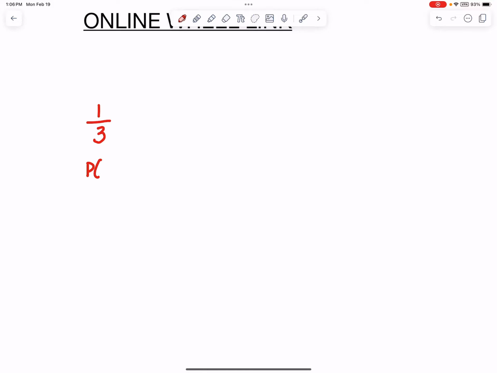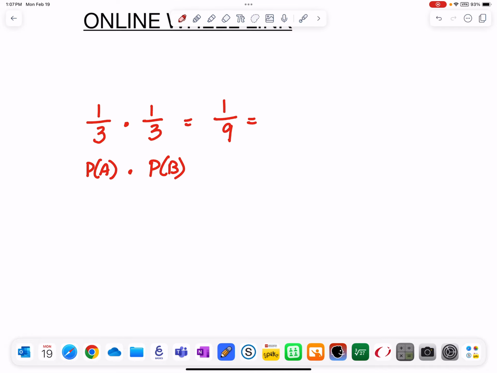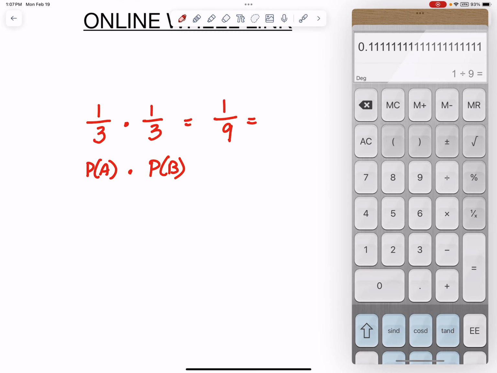Okay, so the probability of event A times the probability of event B. And the probability of getting a prize was 1/3 in the second one. And so that ends up being 1/9, or let's go ahead and pull up our calculator. As a decimal, 1/9 is